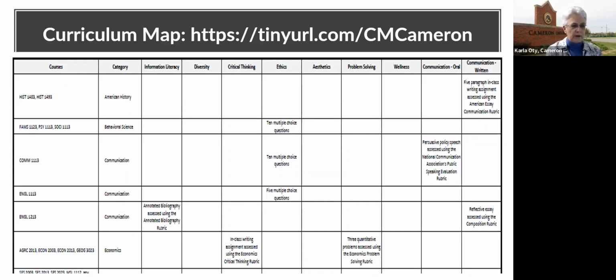The other one I'm going to talk about, just at the very bottom, is the economics one, because you'll notice there are 4 classes in there, and that's actually 3 different departments that are teaching those courses. They all got together and wanted to decide which outcome they wanted to assess. Now, this one was a little bit different because economics is not required by the state of Oklahoma to be a general education course.